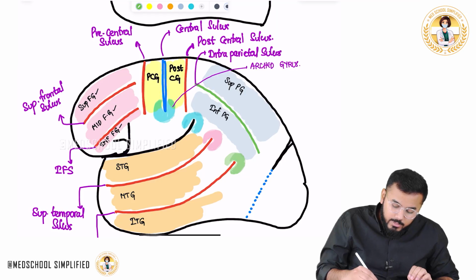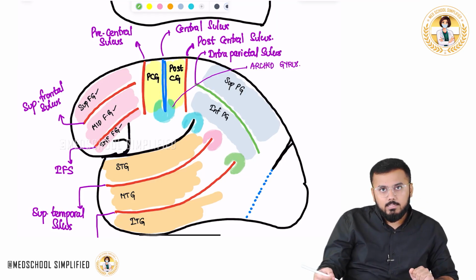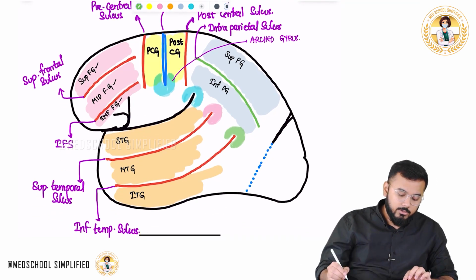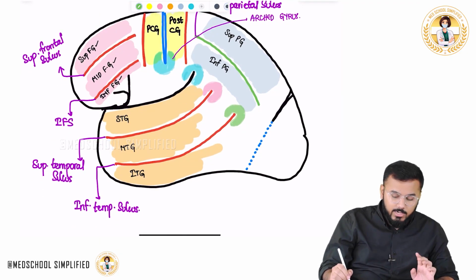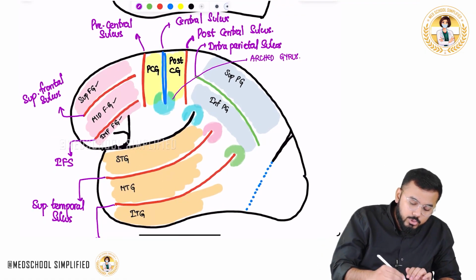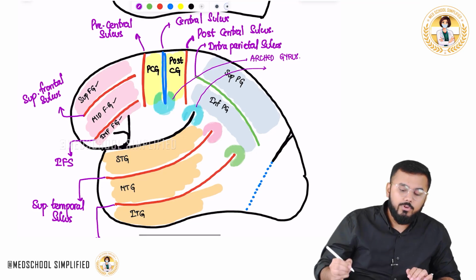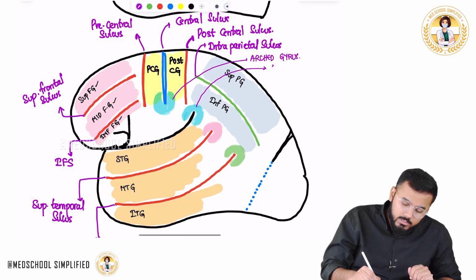So one U-shaped gyrus is completely surrounding what? It is surrounding your lateral sulcus or Sylvian fissure. One U-shaped gyrus is completely surrounding your superior temporal sulcus, and another U-shaped gyrus is completely surrounding your inferior temporal sulcus. Okay, so what are these U-shaped gyri? This U-shaped gyrus which you can see over here, what is this called? This is called